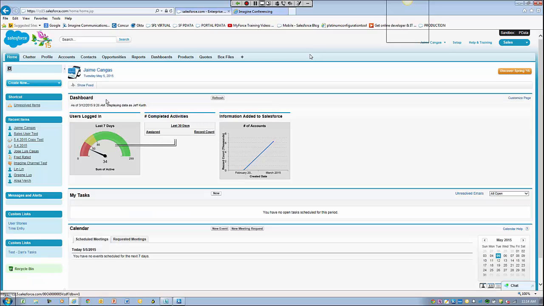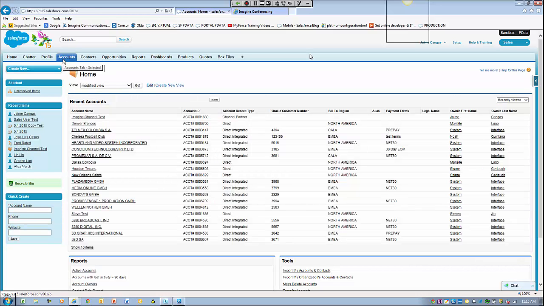So we're going to go again and pursue an RFP opportunity from this customer that we've been working with, the Houston Rockets, an NBA basketball team. And what we would do if we came in here, I've done a few steps of this already just to save time, but from the standpoint of the account itself,